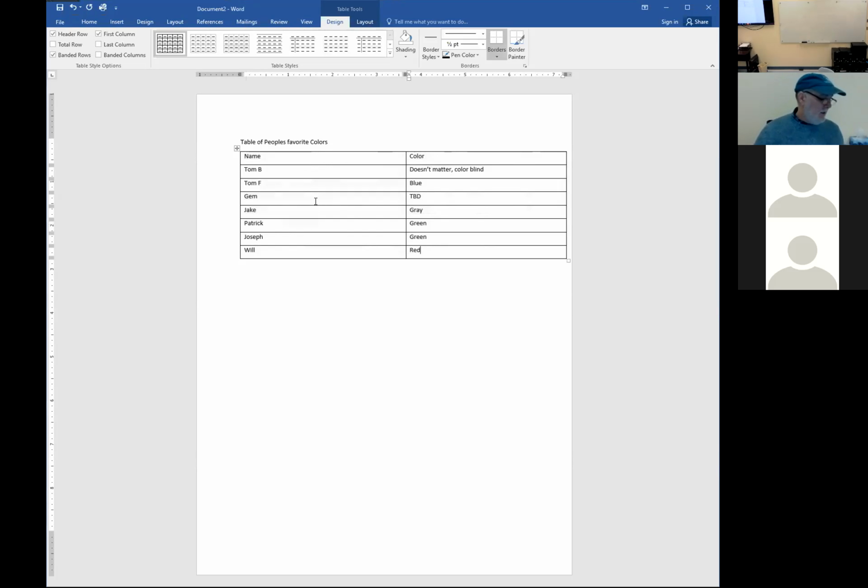What else can you do with these things? Well, you can highlight an entire row by going up just above the top one, and you'll get an arrow down. That'll let you highlight it. If I wanted to add another column between this column and the second column, I can do one of two things. I can go up here, and you'll notice when I get right above the intersection between those two columns, I'll get a plus sign. And if I hit it,